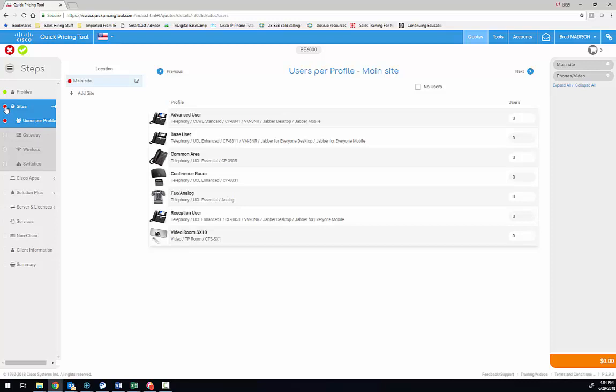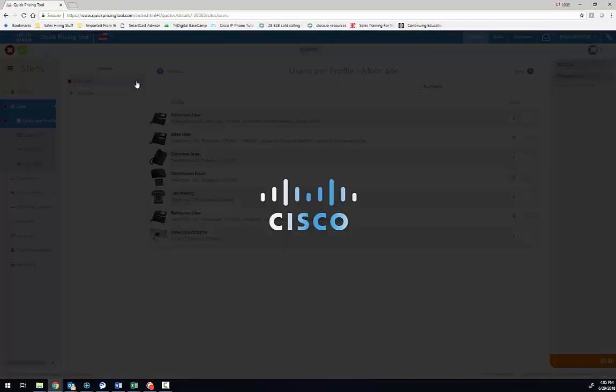So basically what you always want to do is start where the red dot is, and let it guide you. Okay. So in this case, we see that sites is not finished yet. And that is because users per profile are not finished yet. And that's because while we have a bunch of profiles, we don't have any quantity assigned to them. So right now there's nothing there, even though there could be something. We haven't said there's 10 normal users, right? What's cool is this allows you to be so advanced that you can actually create multiple sites. Okay. So let's say this customer has a headquarters,